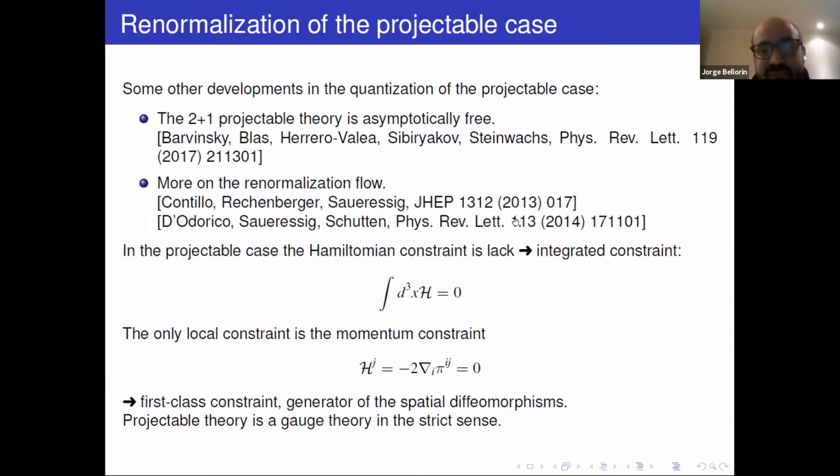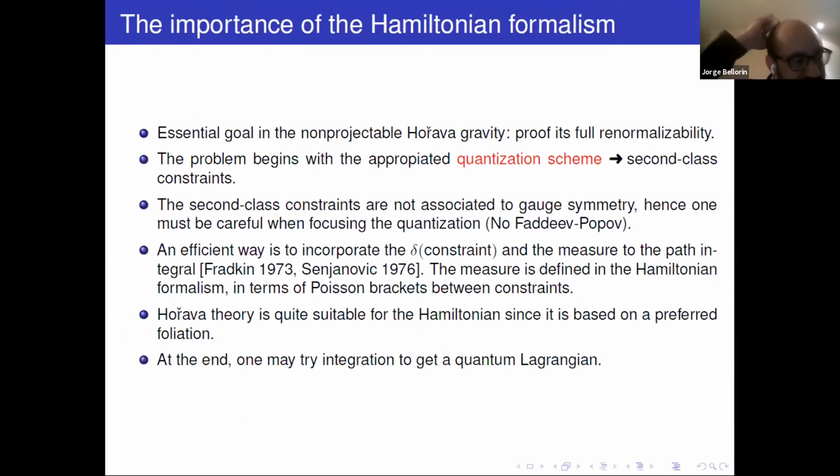So it is very difficult, I think, in this case, to get a physics near to general relativity, in contrast to the non-projectable case, in which we have the hope to remain close to general relativity. So I think that from the physical point of view, it is interesting to analyze the non-projectable case. But the problem starts here with the fact that the non-projectable case has a second-class constraint. So the idea is to look for a quantization for them.